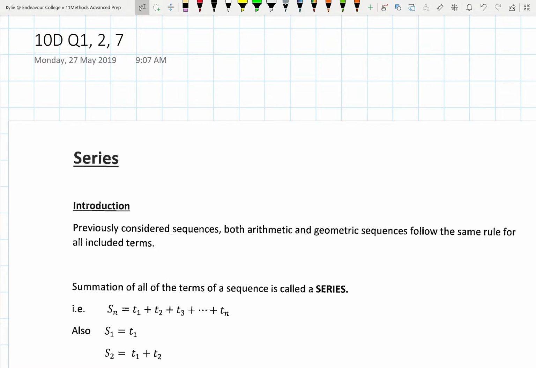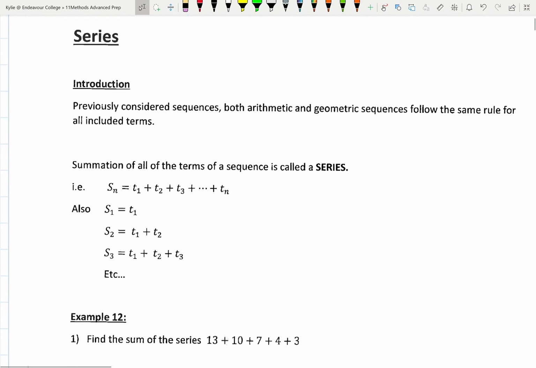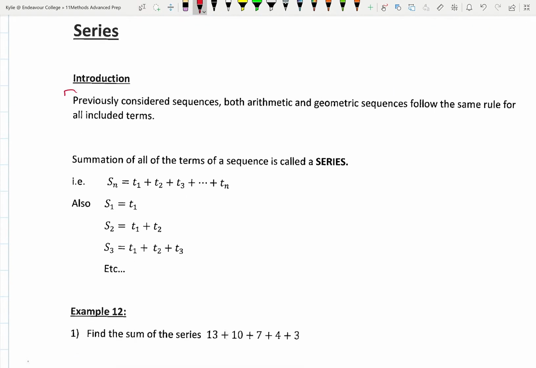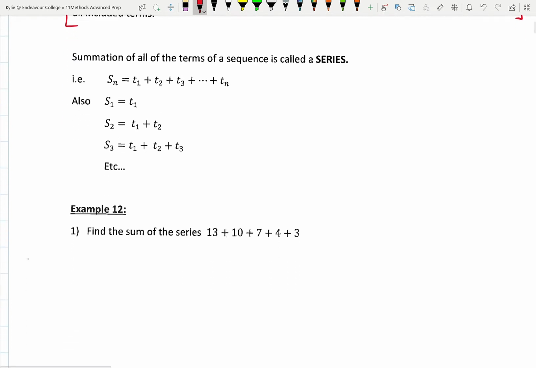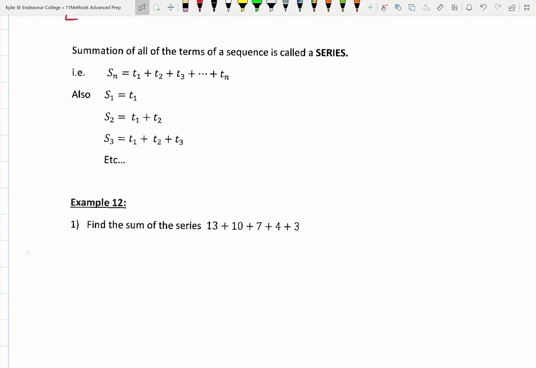So we're on page 10 in the booklet and we're having a look at some very simple series. This sentence is an incredibly poorly worded sentence, and you can probably just skip it and go through the previous video where I've introduced series. In general, though, like we pointed out in the previous one, the summation of all the terms of a sequence